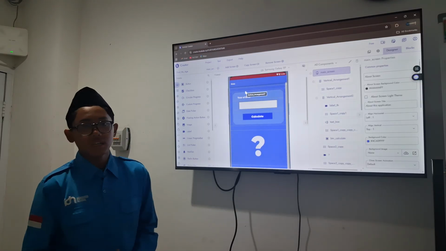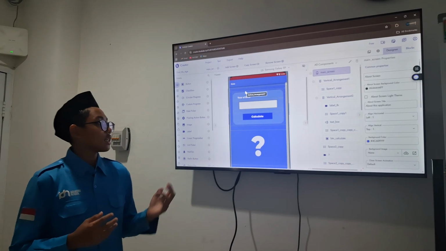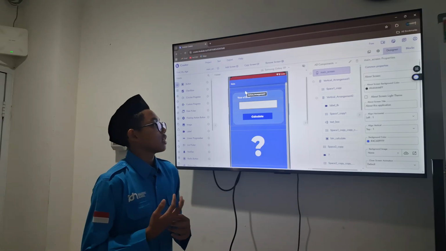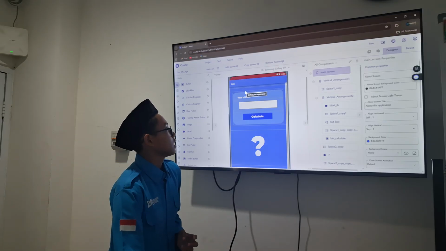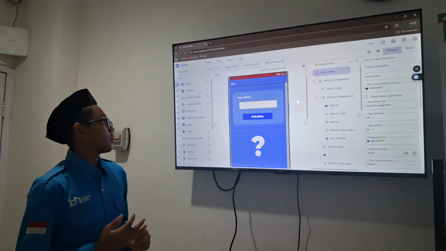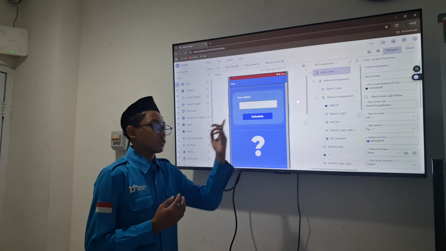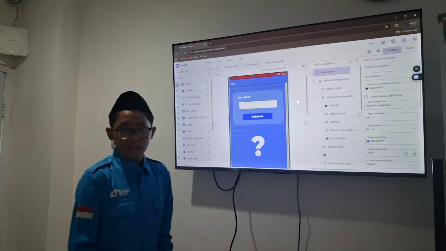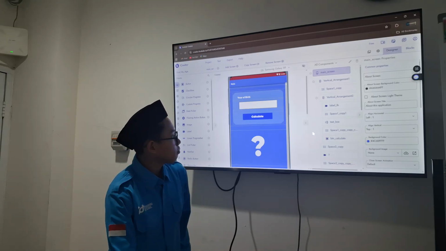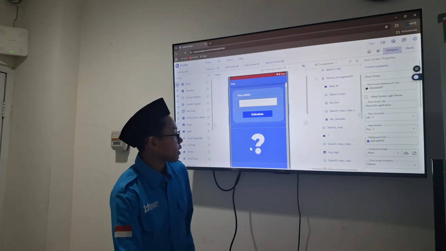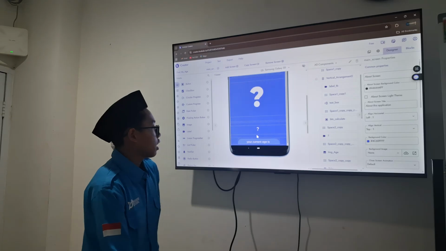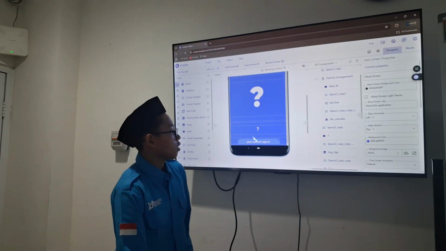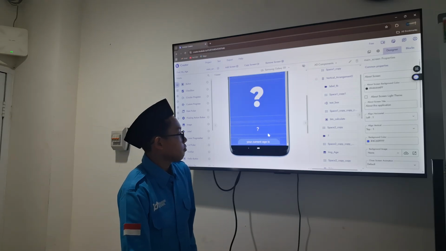In the main screen, we can see there is a label that says year of birth, then a text box and a button, and below there is a picture. We can know our current age here.